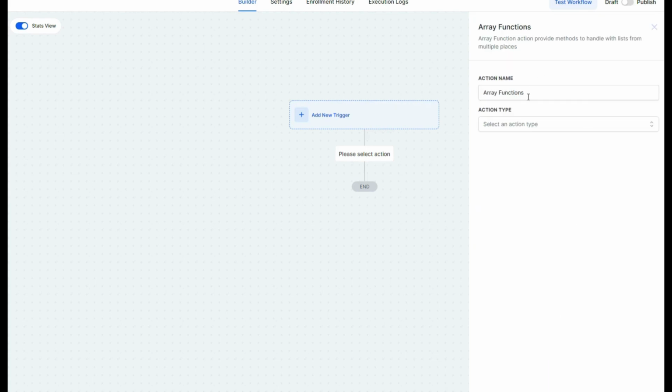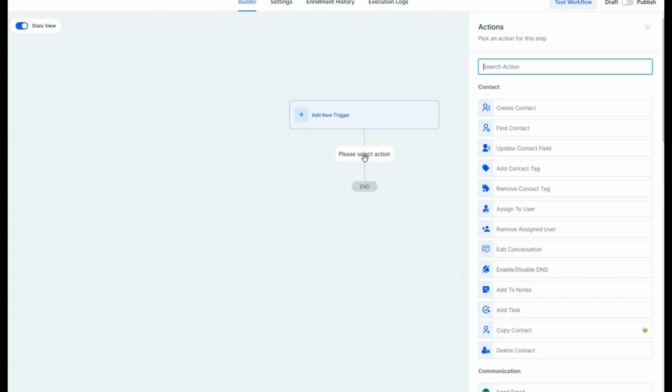So you can click this right here. Essentially, an array is a list. So if you have a webhook, we can search for the webhook, or maybe it's Shopify or Google Sheets. You can find or filter line items. You can even do math functions whenever you have that selected. So you can take a webhook, find the data that you want, and then later you can use that in